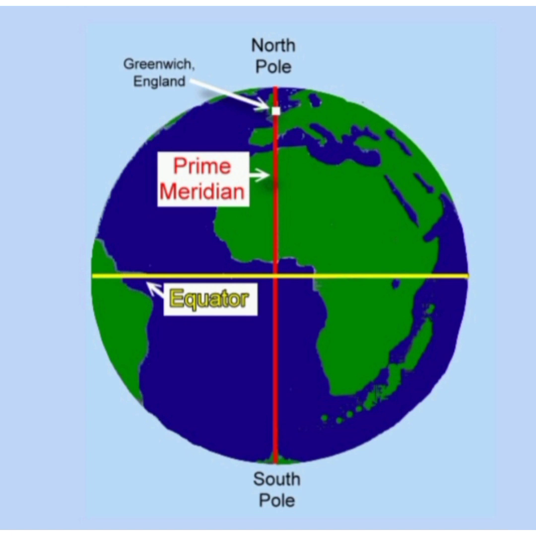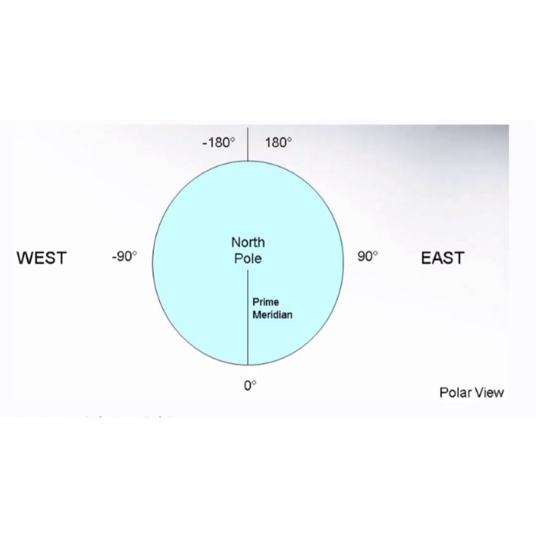So hence all the countries decide that the count should begin from a meridian that passes through Greenwich, where the British Royal Observatory is located. This meridian is known as the prime meridian, and its value is 0 degree longitude. From it we count 180 degrees eastward, and as well 180 degrees westward.